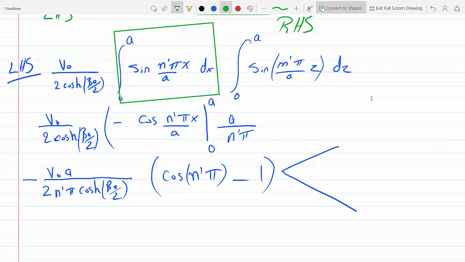Even multiples of pi give 1, so I get 0. If n is even, this whole thing will be 0. And if n is odd, it'll be minus 1 for the odd multiples of pi. Minus 1 will become minus 2, and there's a minus here, so this becomes 2. It crosses out with that 2, and you will get v0 a over